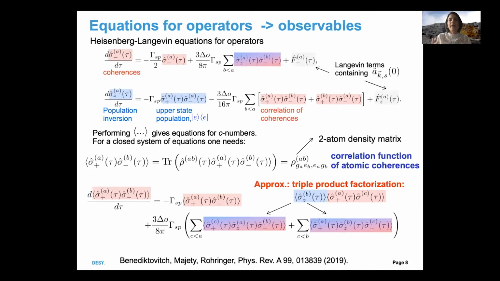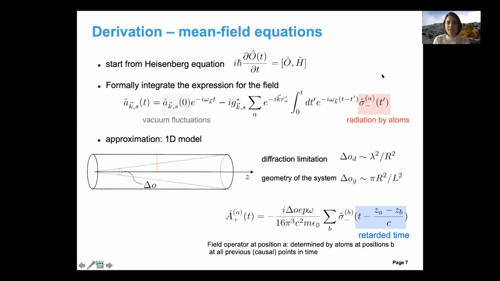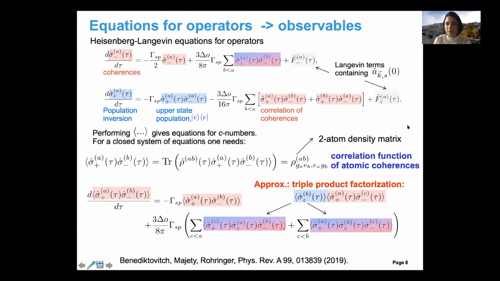And then having this field evolution of the operators, you then can formulate the operator equations for the atomic subsystems, so for the population inversion and for the coherences. And one sees that one has terms that still have contributions of this annihilation operator of the fields. These are the so-called Langevin terms. And these are the terms that are capturing the quantum noise that initiates the process.